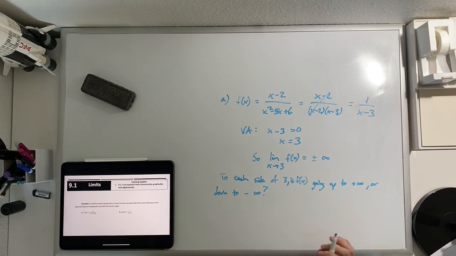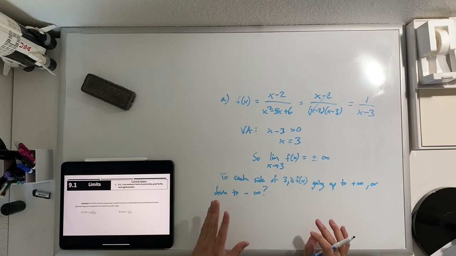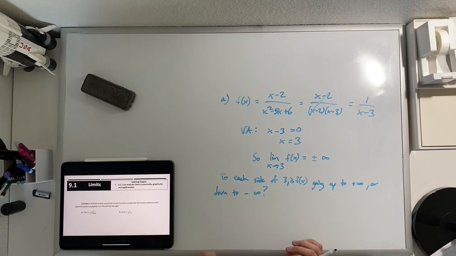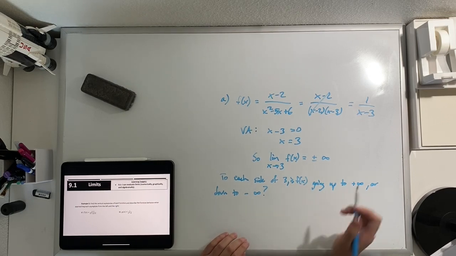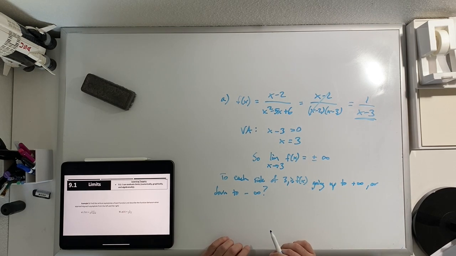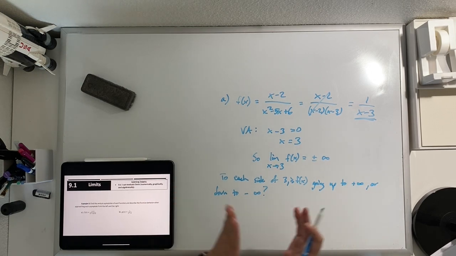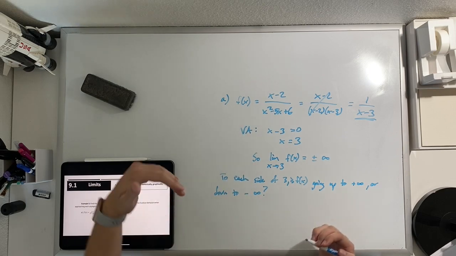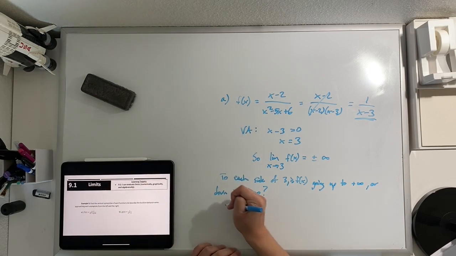Now, in calculus, I'm going to teach you how to do this analytically. In other words, we would plug in values very close to this 3 on both sides to see if we're getting bigger or smaller on each side of this asymptote. That's tedious. That's not really the point of what I'm trying to do here. So I will allow you to simply graph the function. Remember to use your simplified form. So sketch the graph of the function, either by hand or with a calculator or Desmos or whatever, and look to either side of that asymptote. Are we going up or are we going down? And checking with our graph,